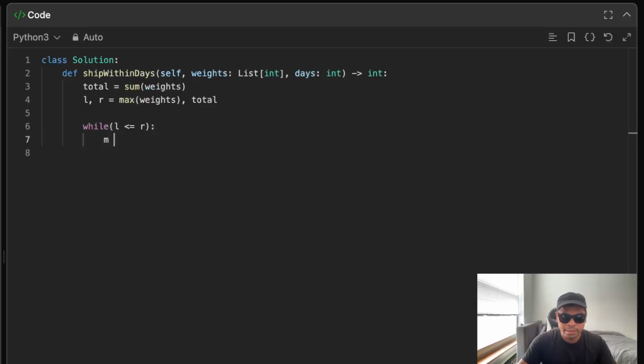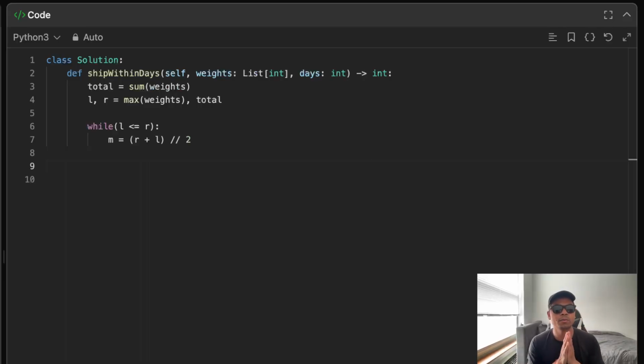Let's find the mid. Mid would be right plus left divided by 2. Now I want to find, if I'm choosing this mid as my capacity m, how many days it will take me. So I will use a for loop to find the number of days. I'll have num days